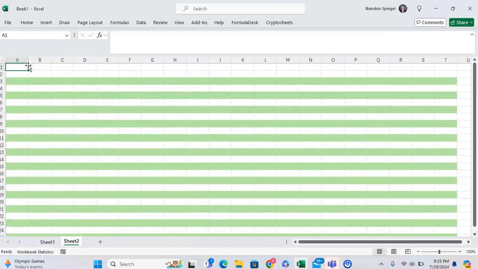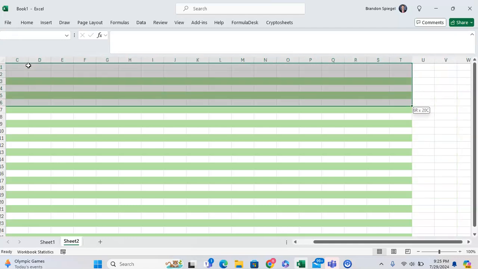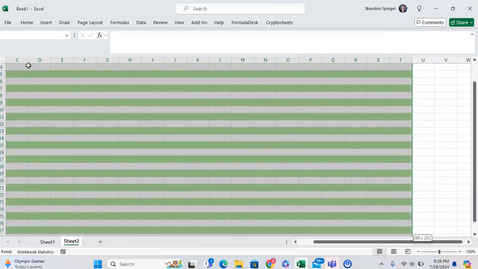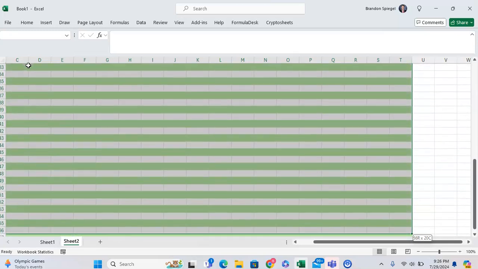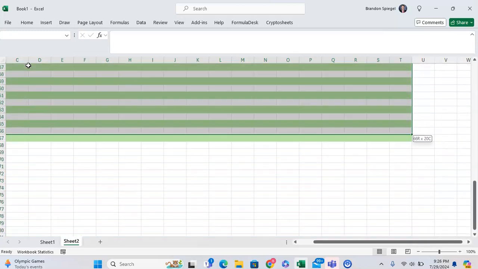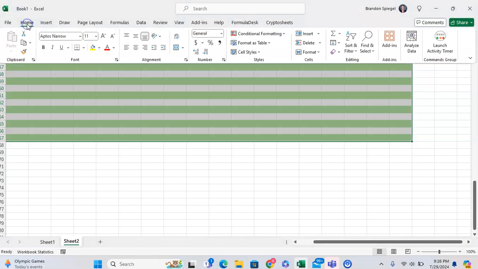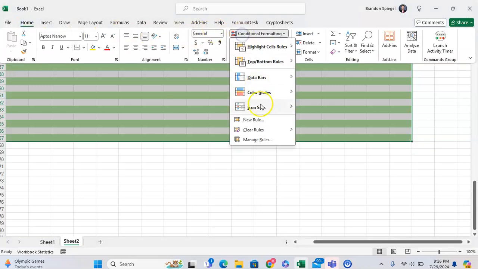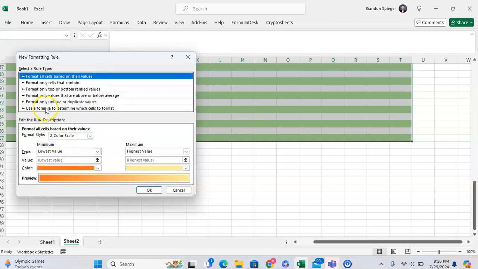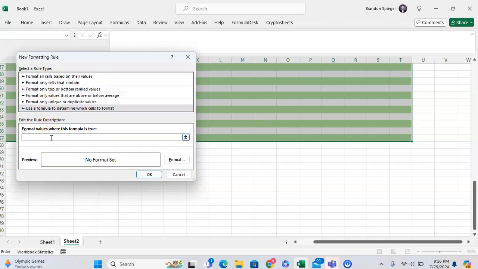Now I'm going to do the same thing using logic, saying, well, if the row equals 1. So I'm going to highlight the range again, go through Home, Conditional Formatting, New Rule, Use a formula. I'm going to say, well, if the row is equal to 1, then apply a darker green. So equals ROW